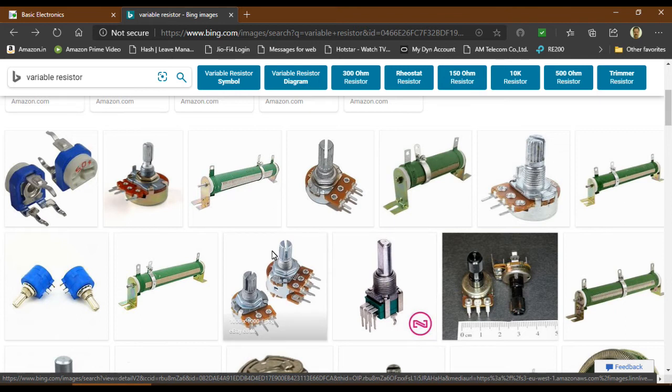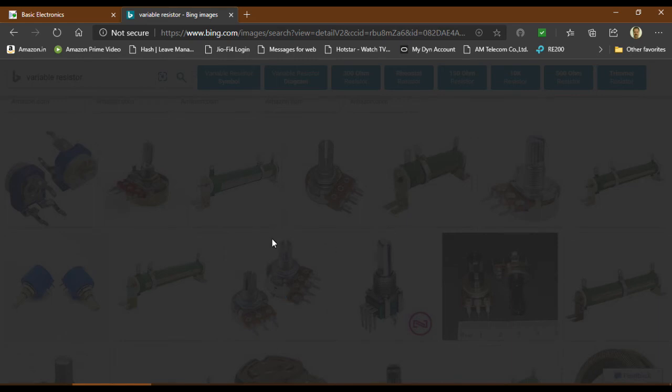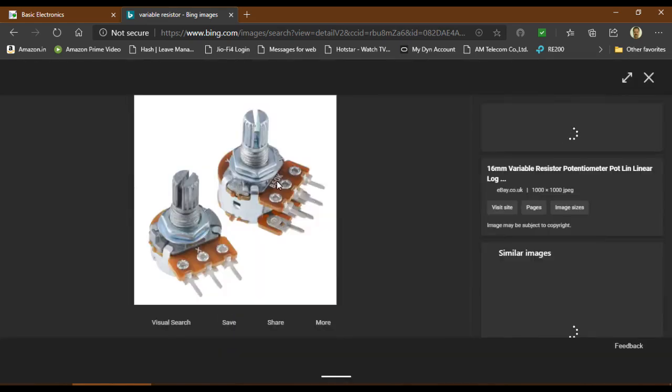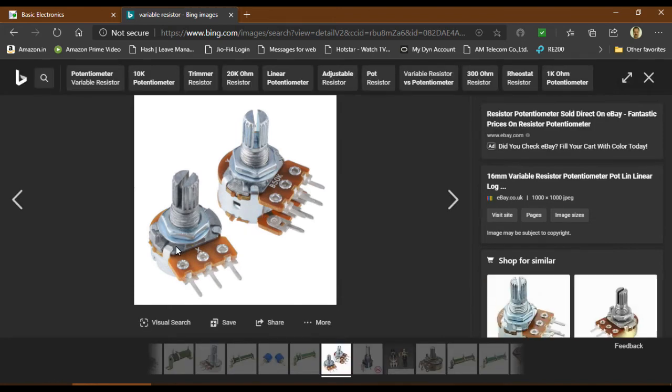And this is a special type of potentiometer. It is called dual, because this is a single potentiometer package, and this is a dual potentiometer package. You can differentiate these two potentiometers by their different types of pins. It has 3 pins for one channel only. It has 6 pins for 2 channels. Both potentiometers are connected to the shaft simultaneously. If you move this shaft, both potentiometer values will change accordingly.